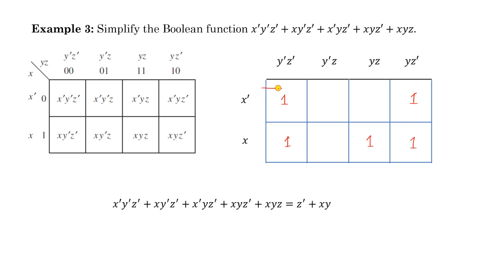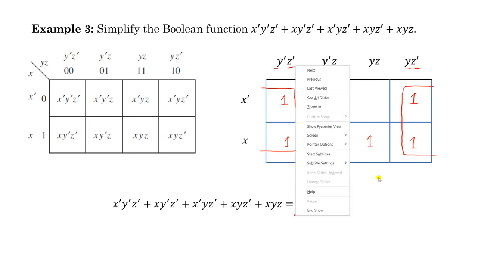Now look at this. As I told you, you have to assume that this K-map is framed in a cylindrical surface. So we can combine this with the last one to make a block of 2 by 2. So block of 2 by 2 means this will give you a term with one literal only. And now you have to check which literal is same in all these terms. If you see, this x is different. Here this is y, and here it is y dash, but look at this z dash. Z dash is same in all these cells. So this is equivalent to z dash.